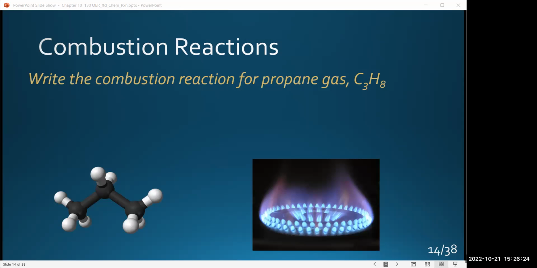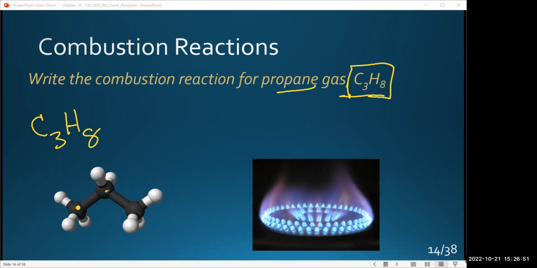All right, here's an example of a combustion reaction. This is the combustion reaction of propane gas. And so you are given the hydrocarbon, right? So I can quickly write that down. C3H8, okay? This is called propane. That is a formula for propane, is shown here in